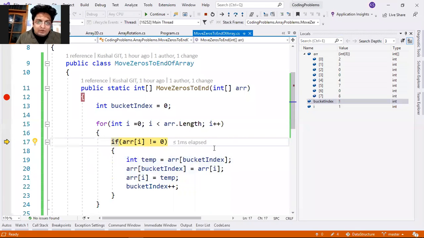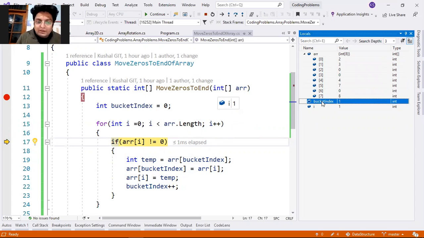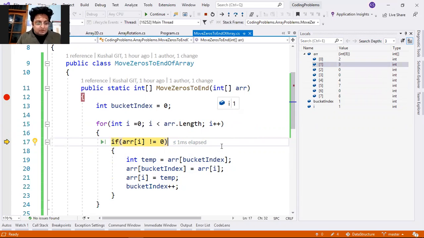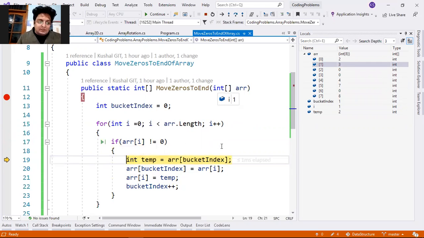Now again my I value is 1. Let me pin this value. This is pinned. So my I value is 1 and my bucket index is also 1, and the value at I is not equal to 0, which is 3. So again what we will do, we will take the value of 3 and put it at the same place, and we will increase my bucket index by 1.